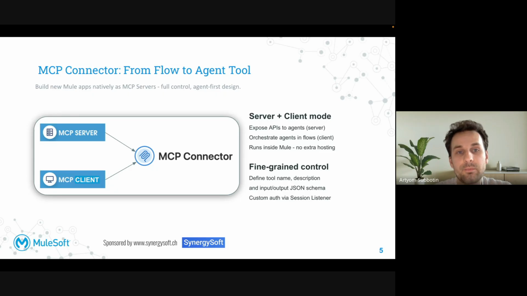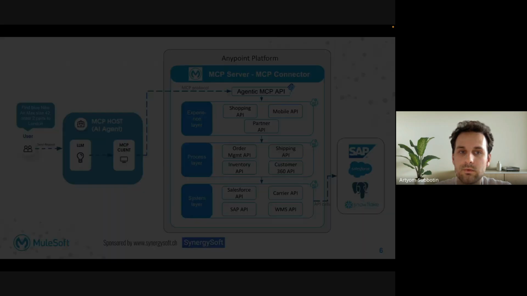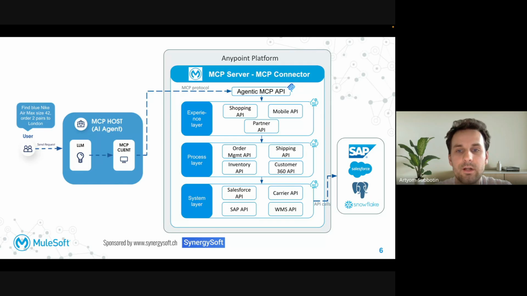And the first part, as you can see, is the MCP connector. We will start with the complex one, honestly, because imagine such a real scenario on the screen. A retail company is building a new AI shopping assistant from scratch.